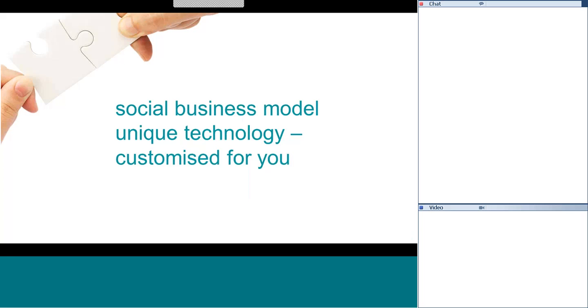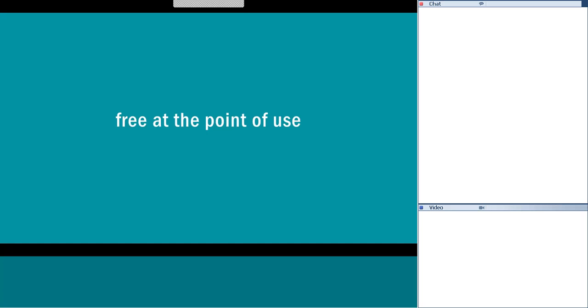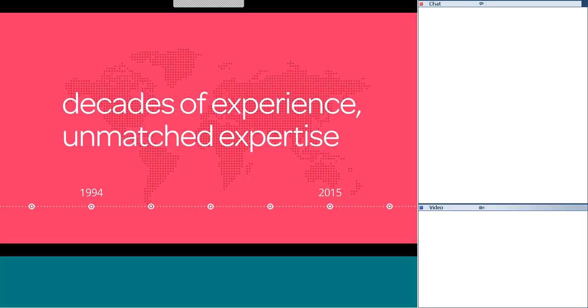And in thinking about this, my company TextHelp came up with an idea to develop a social business model based on a technology which we call BrowserLoud, whereby we will give this technology away free at the point of use. And the idea is that it's free to the end user, the person that can't afford to pay, but we'll charge the content owner an annual subscription.